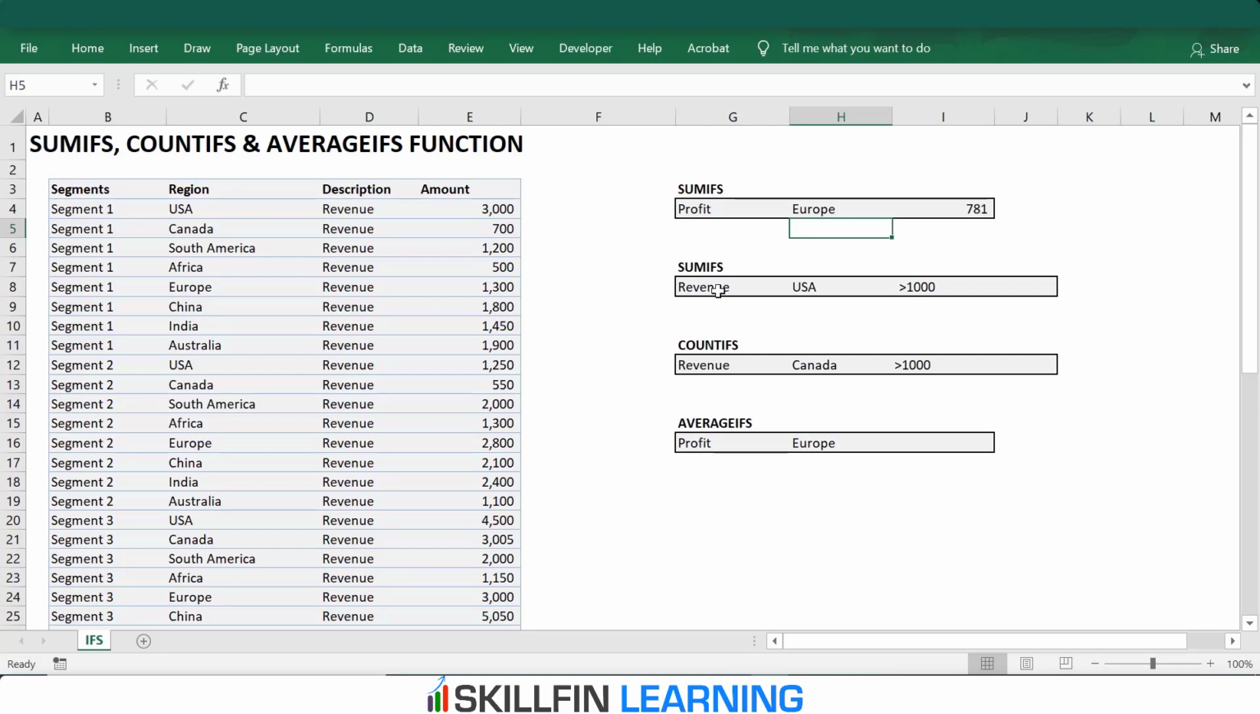So here we have three criteria. The first is the revenue or the profit which we want to see. Second is the country. Here we want to see the sum of revenues of three segments where the revenue is greater than 1000. So to use the SUMIFS function, again we will type is equal to SUMIFS and then give the sum range, which is same as in example 1,